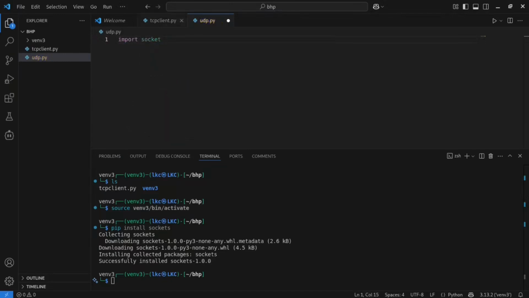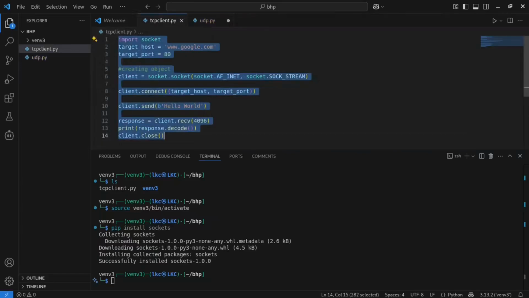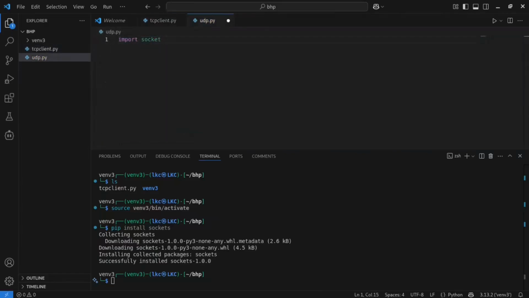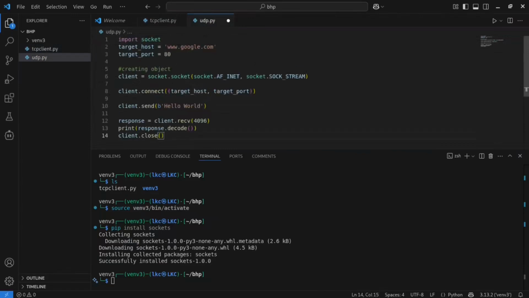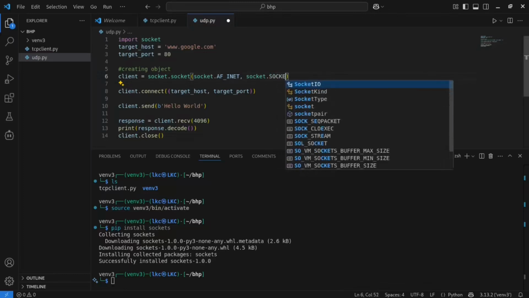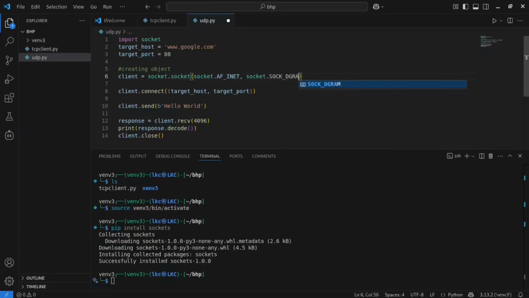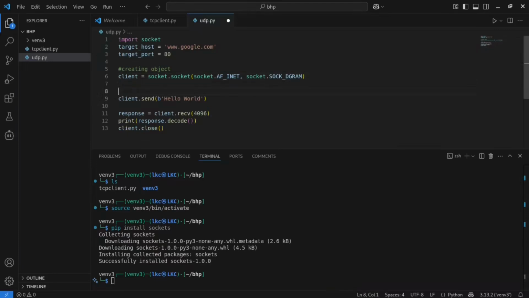I'm just copying this because it's the same, but we need to make only two or three changes. First, this is for only TCP. For UDP we are going to use SOCK_DGRAM, and we don't need to connect because it's connectionless as we know, and we need to use sendto